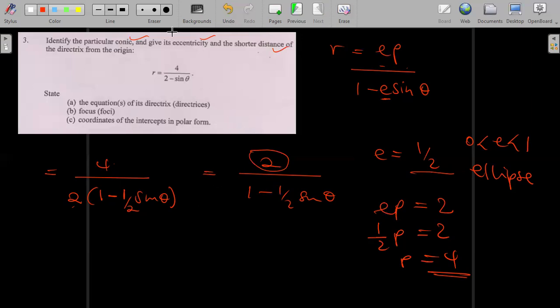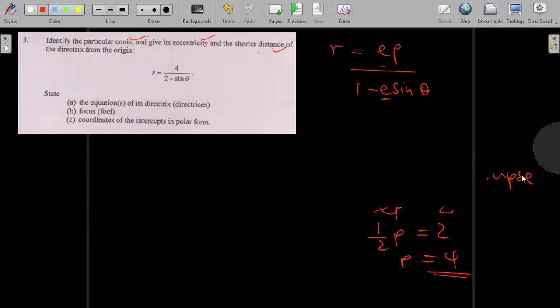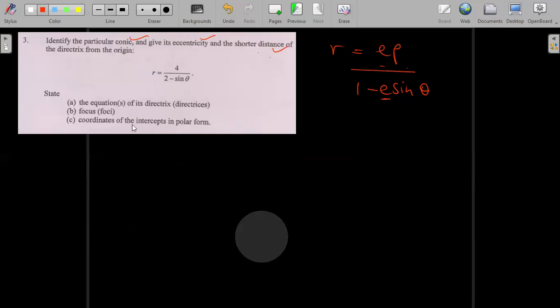Now let's get to the other part of the question. Again, let me erase this. The other parts now demand that we should find the equations of the